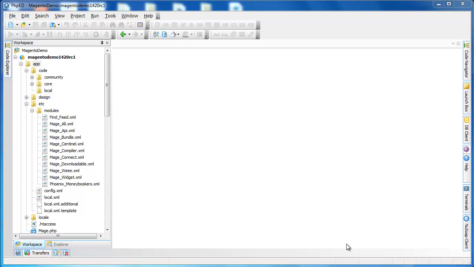Okay, so the first thing you'll notice is that I'm working with Magento 1.4.2.0 release candidate 1. This is just the default download. You just download Magento, the most recent one. This is not the stable, this is just release candidate 1. But if you download it, you unzip the files, this is what you get. This is exactly the folder structure. So,